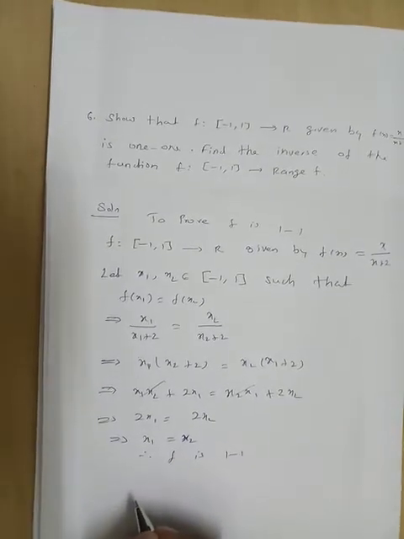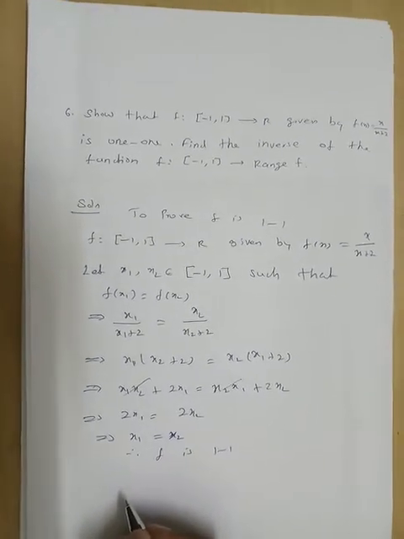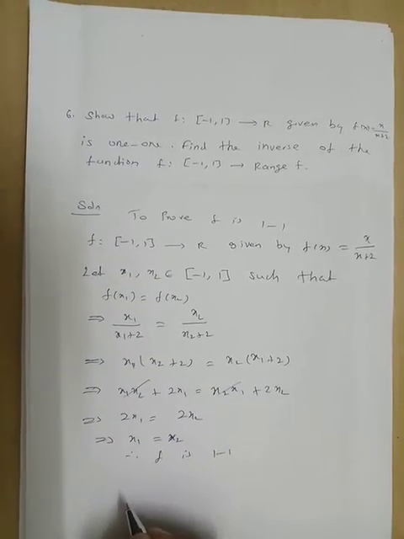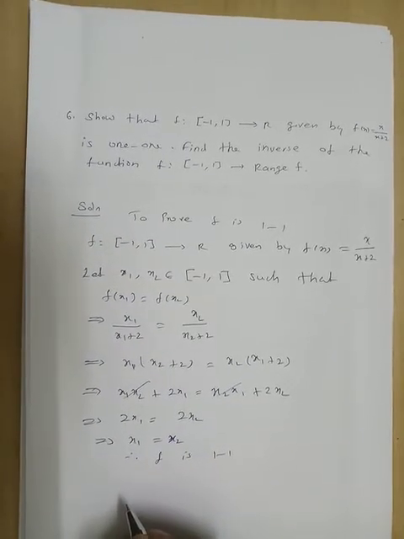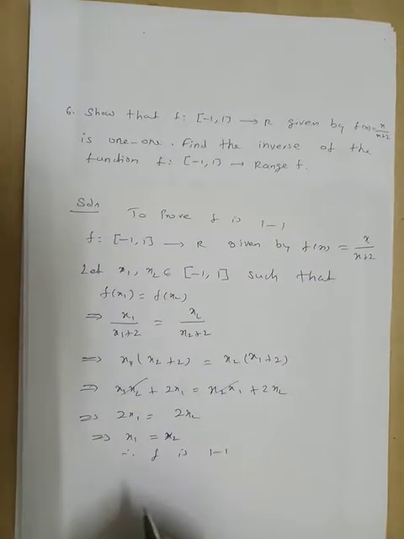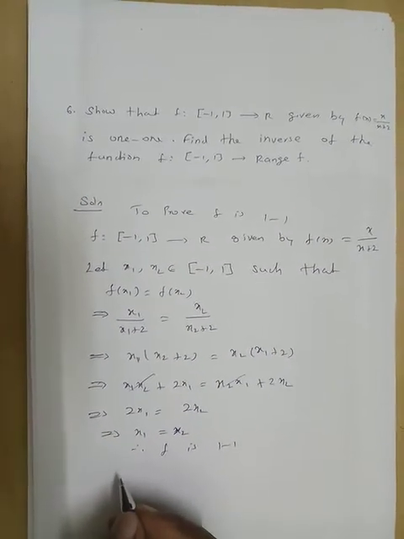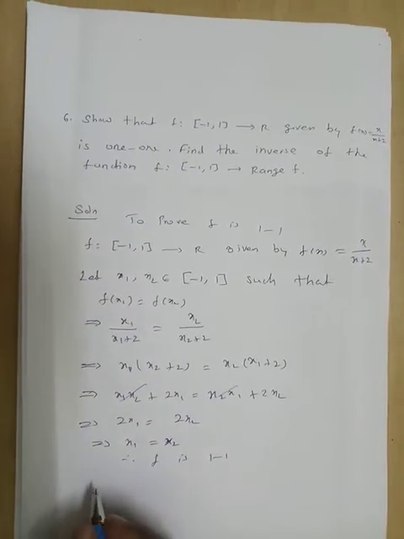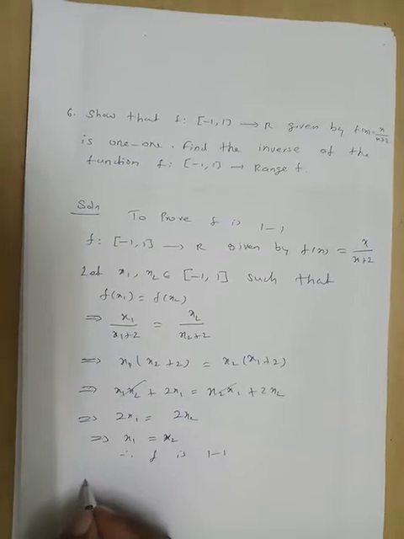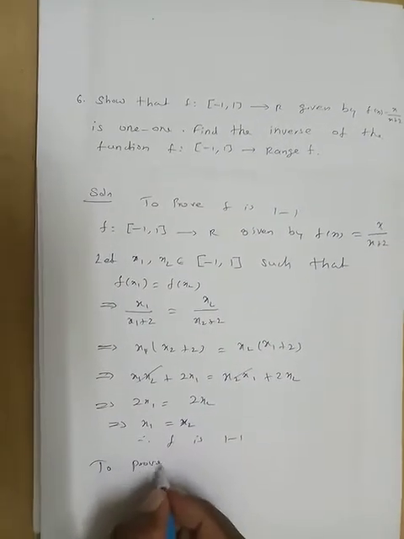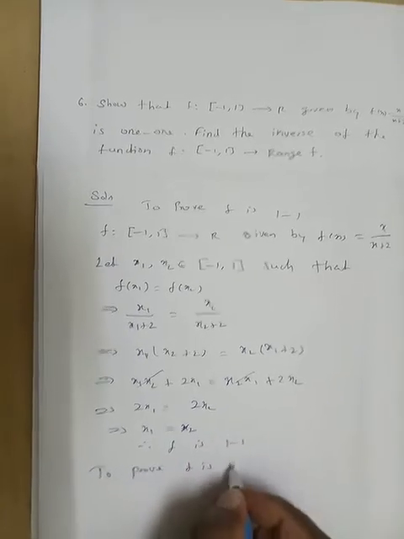So next we want to find the inverse of the function. We can prove it is bijective. Bijective means it is both 1 to 1 and onto. Now we proved the given function is 1 to 1. So next we are going to prove that f is an onto function. So to prove f is onto,